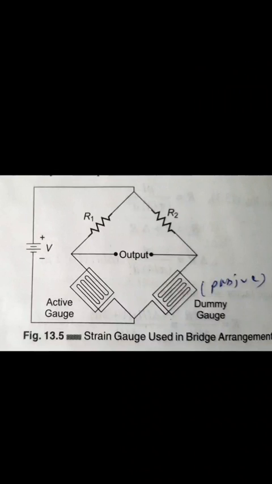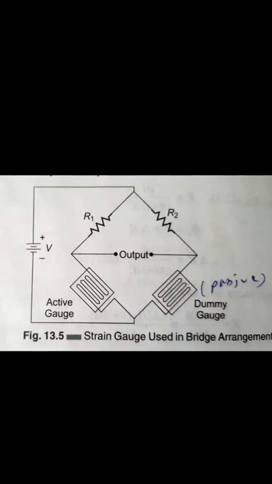If the two resistors R1 and R2 have negligible temperature coefficient, the bridge is retained at balance under the condition that there is no strain, at any temperature within the operating range. The resistance of this dummy gauge is not affected by the deformation of the material and therefore acts as a passive resistance with regard to strain measurement. Since only one gauge responds to the strain, and the strain causes bridge unbalance, it is just the case of a single gauge.